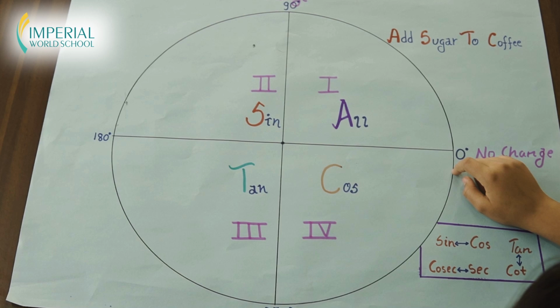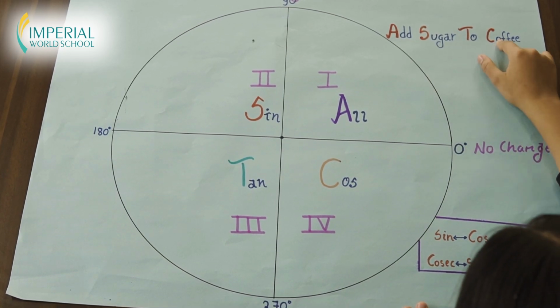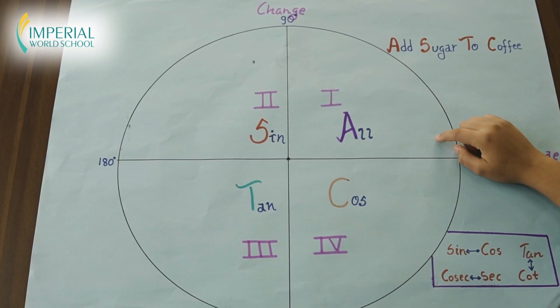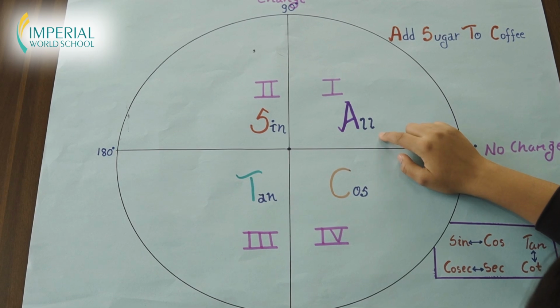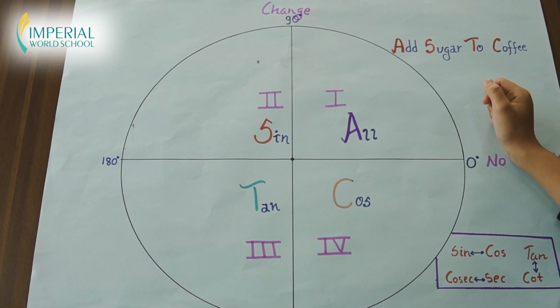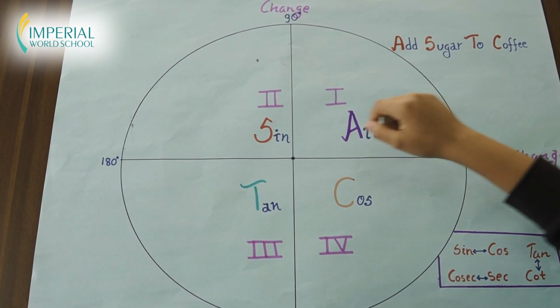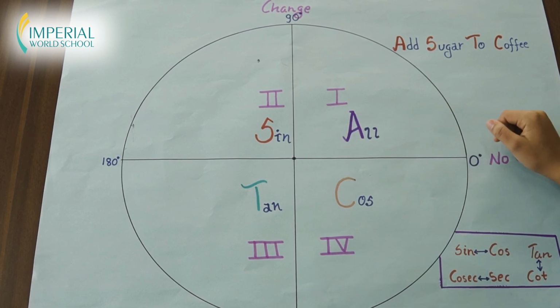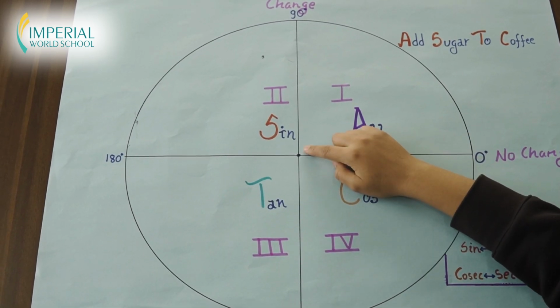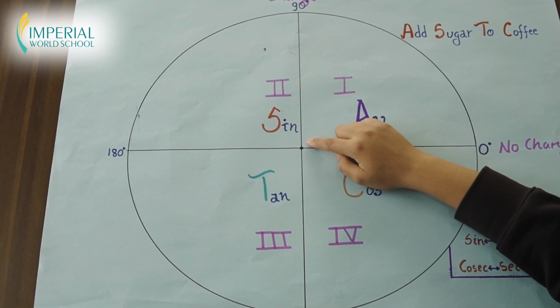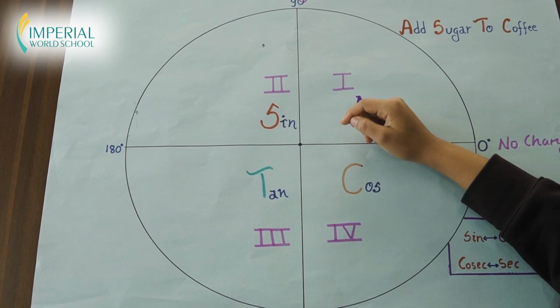For now, we'll be using the phrase "add sugar to coffee" as a mnemonic. In the first quadrant, the A in add represents all, meaning that all the trigonometric functions are positive in this quadrant. Similarly, in the second quadrant, the S in sugar represents sine, meaning that sine and its reciprocal cosec are positive in this quadrant, while the rest of the functions are